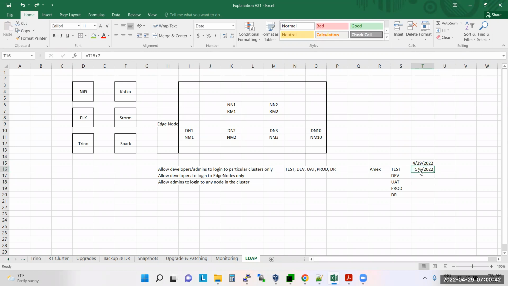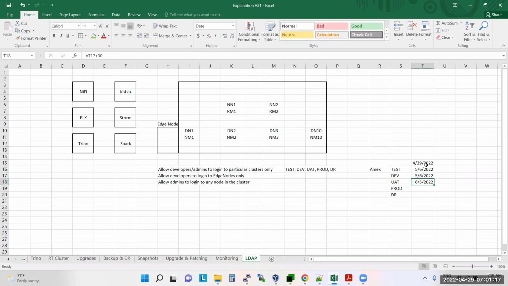In a week's time, I got access to these. After that, since they have a very big Hadoop environment, they told me that until we get confidence in you, we cannot give access to other clusters. After a month, they had seen me working on these two clusters, and they gave me access